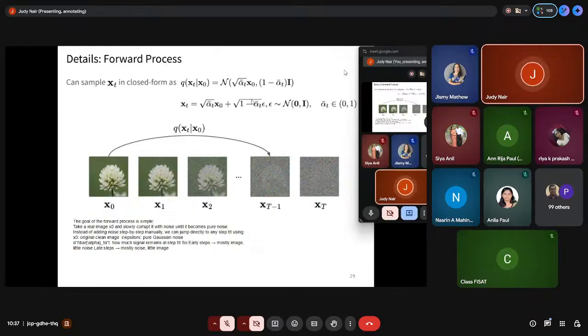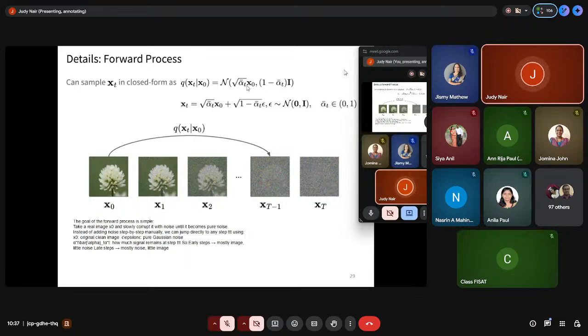In this particular equation, they are showing that it starts from a simple distribution and gradually diffuses to full noise. In the general case, it takes x naught and corrupts it with noise until pure noise. But noise is added step by step, which may take a little time. So in this case, they jump directly to xt. In the real case, when it was initially done, the noise was added little by little, like a Markovian chain.